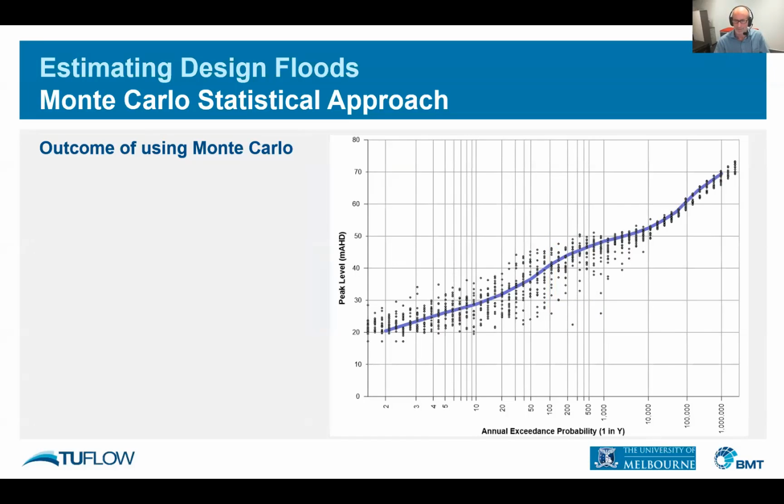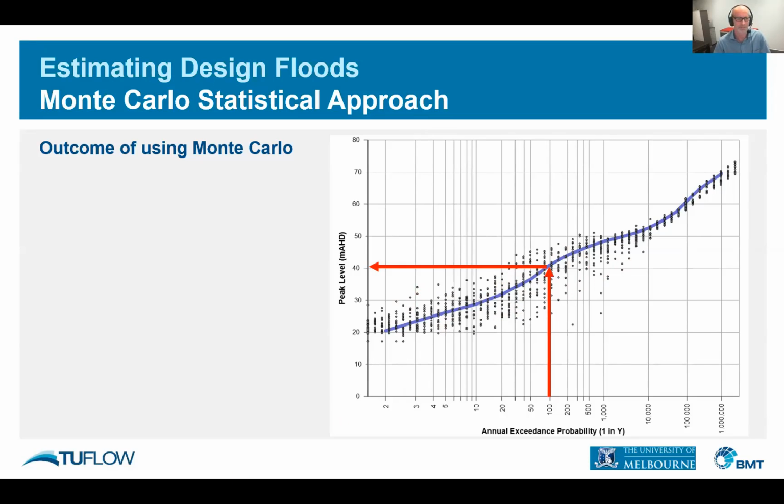The people who do this sort of analysis analyze all these values and effectively come up with a line, I wouldn't say down the middle, but they have a special technique for statistically analyzing these results. From that, you can much more confidently derive that your 1 in 100 level at this site is going to be around 40 meters. We're picking up all the variability by doing this Monte Carlo approach.